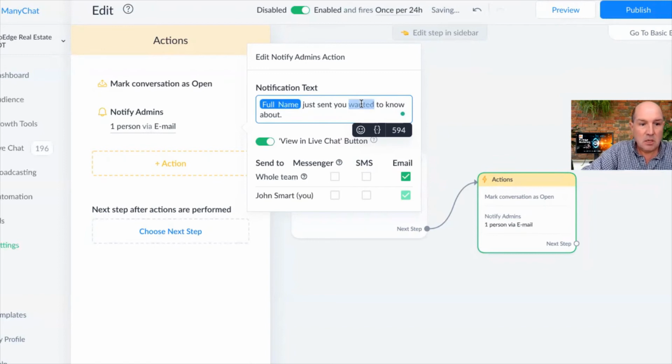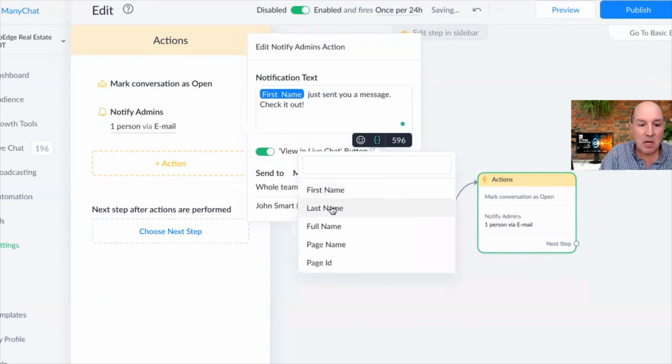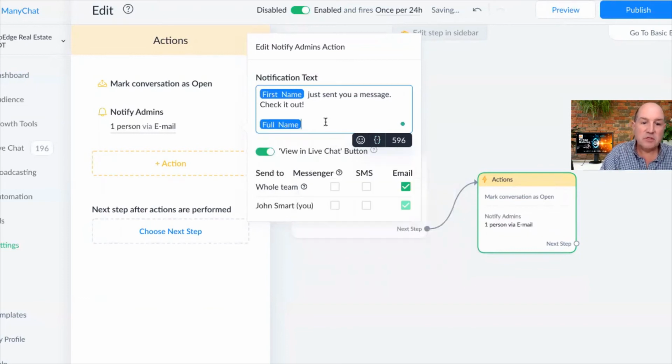you. I'm not going to say something that you don't want you to know. I'm going to say just sent you a message. Check it out, right here. So I'm putting it in. Now, if I want to just personalize it, maybe just say the first name, you know, Mary just sent you a message. Check it out. And then I may want to put down in here their full name